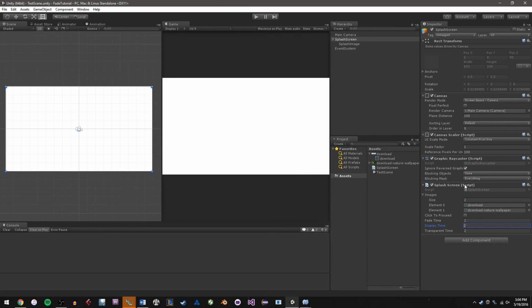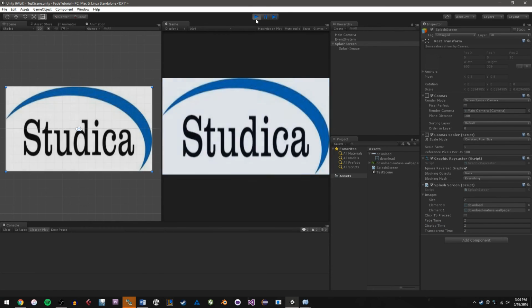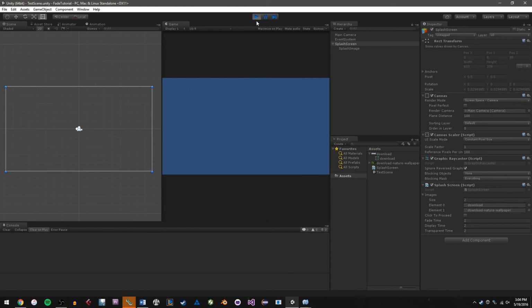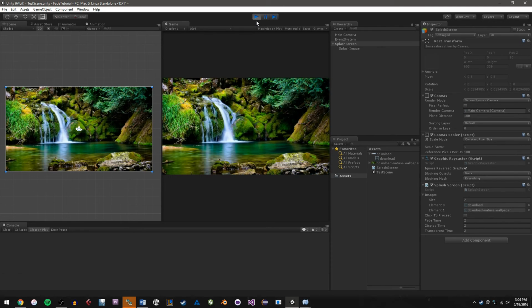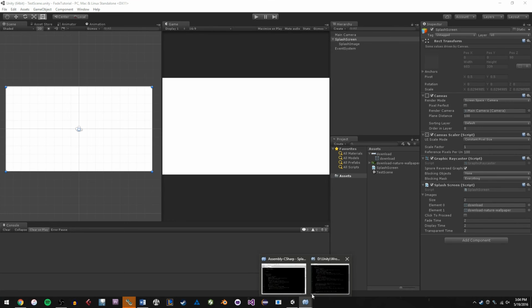Let me see. So I've got both my images set up here, size of 2 on my images array. I have click to proceed unchecked, which is good. I have 2 seconds set for each one. So if I hit play, my image just starts empty and then it fades in, holds for 2 seconds, begins to fade out for 2 seconds, holds for 2 seconds, swaps the image, fades in for 2 seconds, sits for 2 seconds, fades out for 2 seconds, and it's done. So that's the very basic